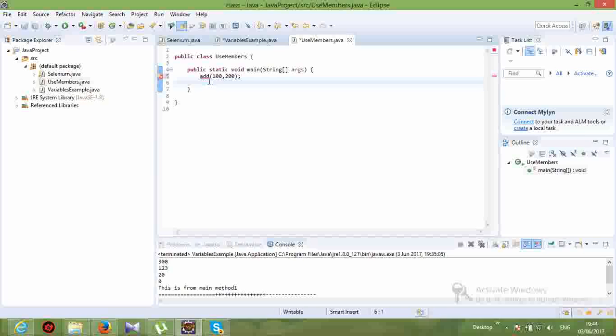No, so it shows an error: there is no method with the name add. Now, how to access it? Using the class name, because add is static. Without creating an object, I can use the class name, Example dot add, instead of an object. Got it? If I want to access another method,